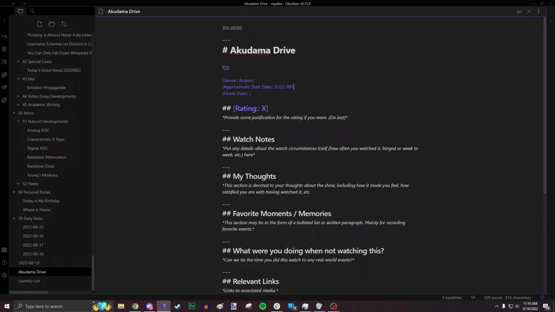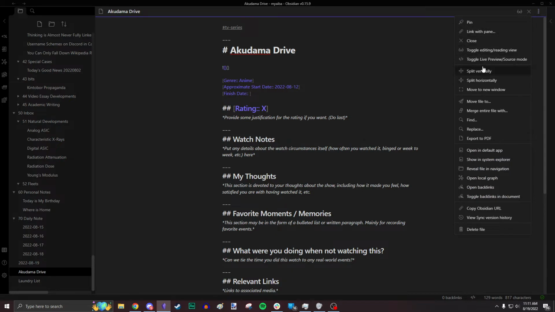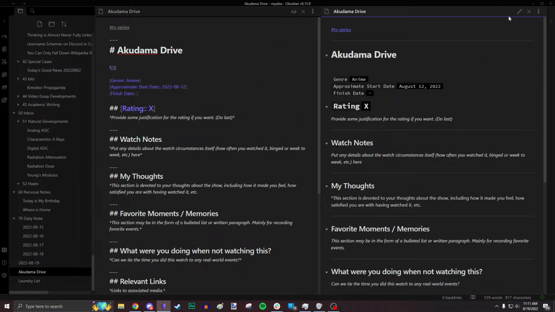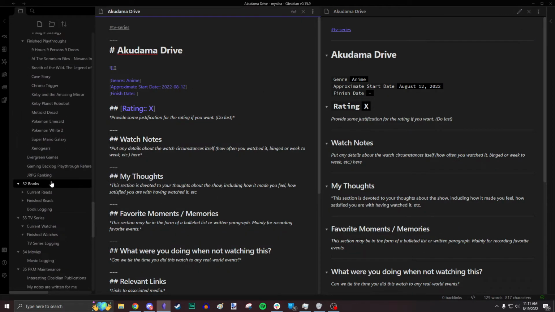it was August, what was last week? Last week, Friday, the 12th. Okay, so 2022, 8/12, and it's still going on, right? So, if I wanted to, I could split this vertically and have two views. This is what it looks like when it'll be published, so to speak, or like this is what the code produces. Now, obviously, this isn't really that interesting visually, so I'm going to switch over here to another one